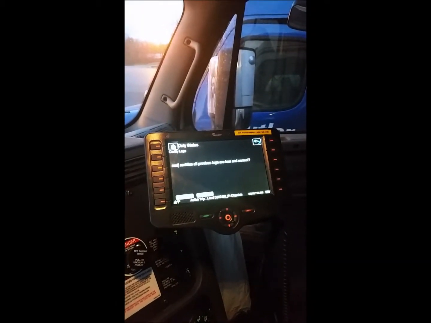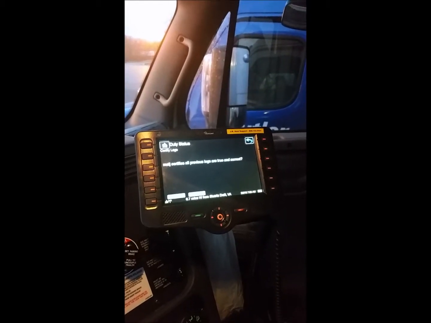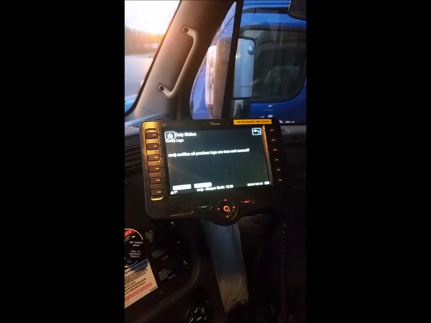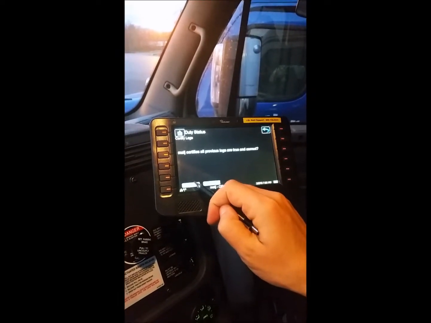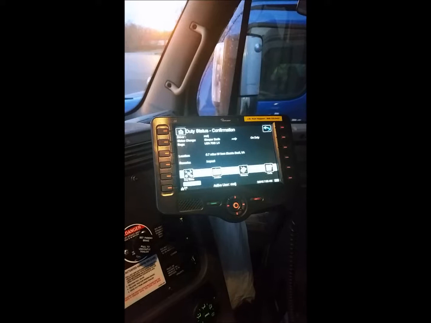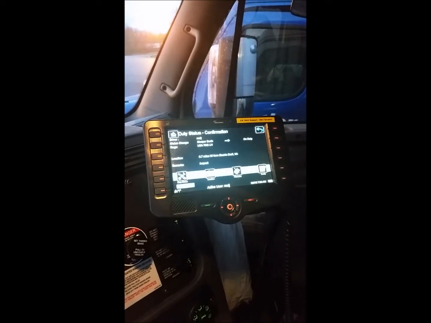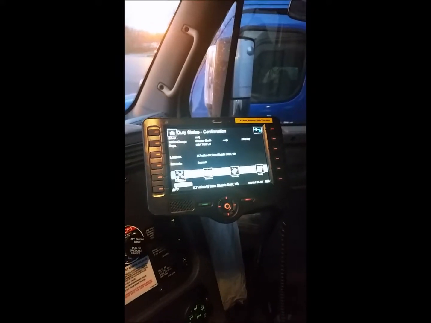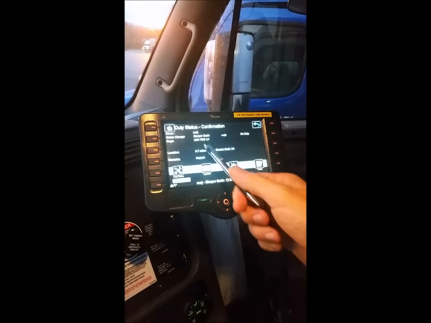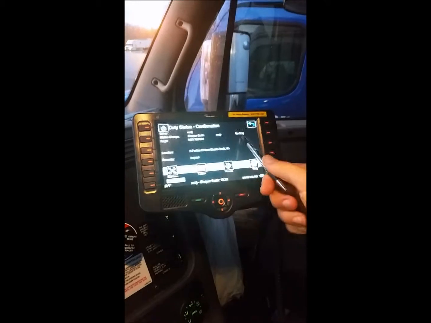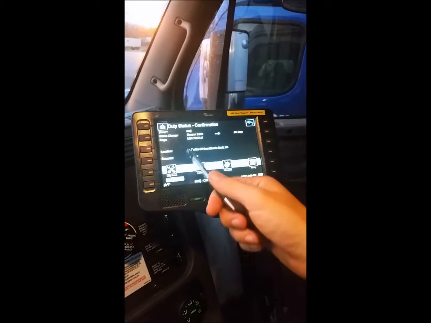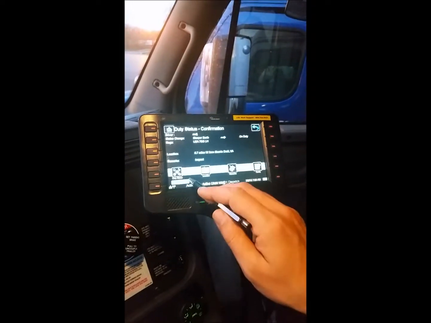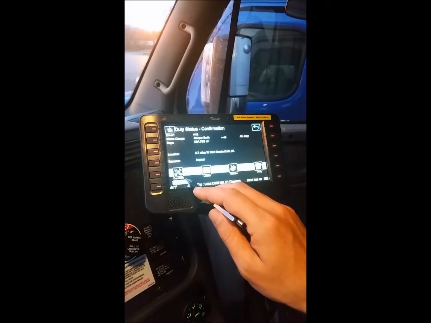This is basically me certifying that my logs are true and correct. I'm going to click yes. This is a confirmation page. It comes up anytime you make a huge switch, like going from sleeper berth to driving, or driving to on duty. Basically you're going from sleeper berth to on duty, and it's making sure, so you click OK. And when you click OK, because we clicked inspection before, as soon as we do,